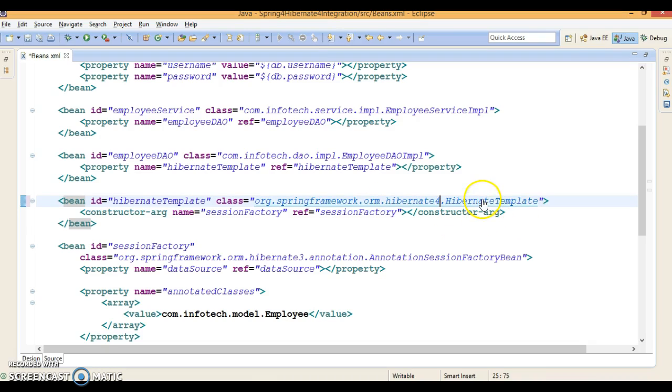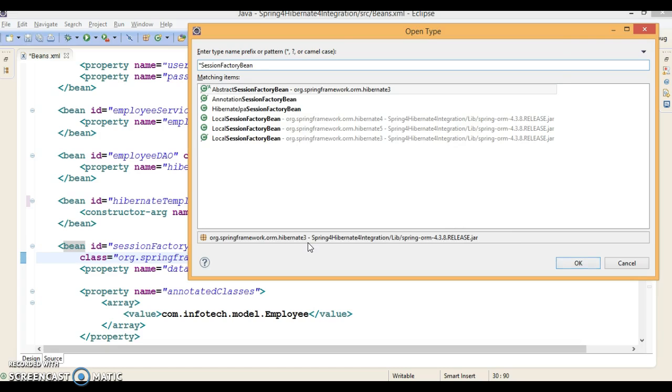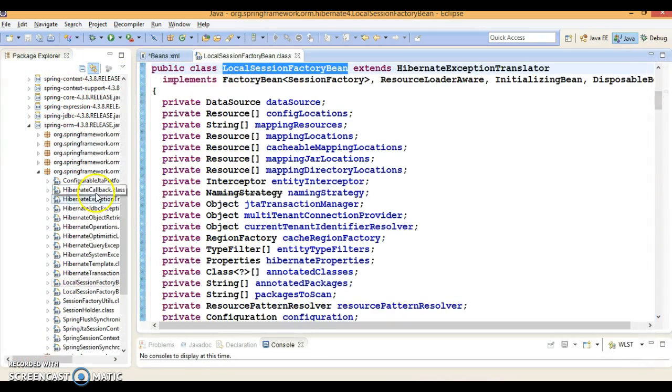This class is going to change for Hibernate 4, since it is coming from the Hibernate 3 package. Press Ctrl Shift T and search using a wildcard. I'm looking for the class which belongs to Hibernate 4. This is the class we'll have to use to create the Hibernate Session Factory.